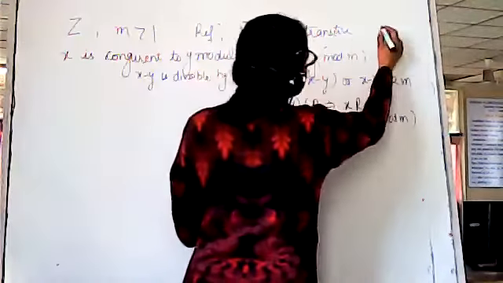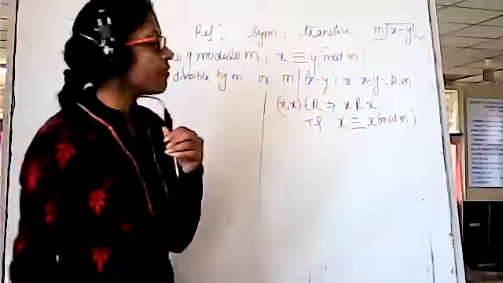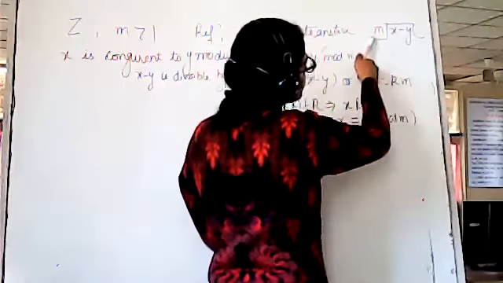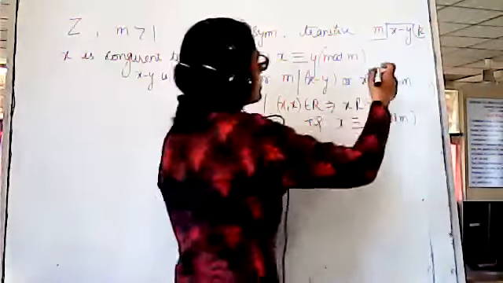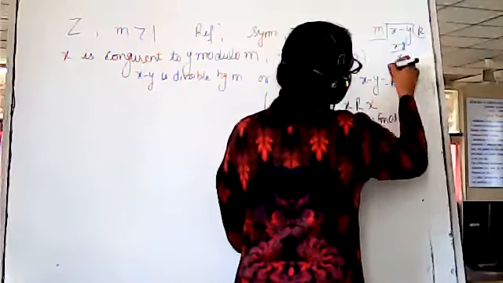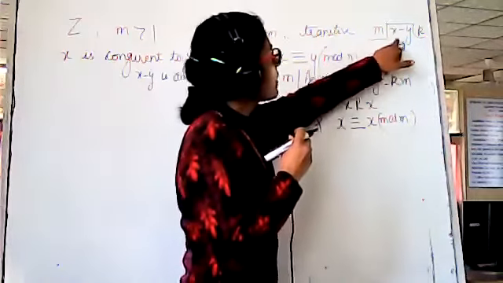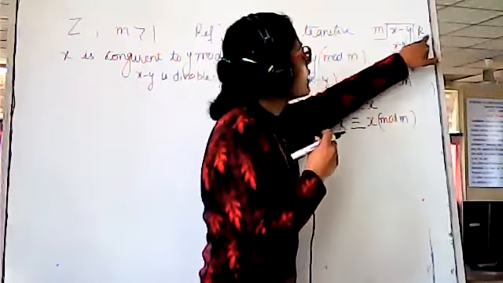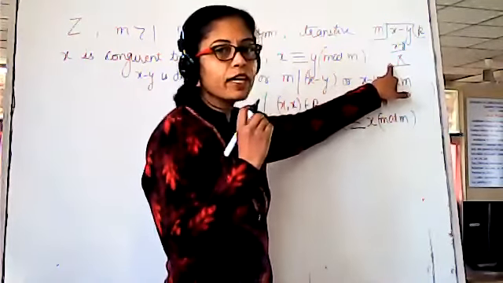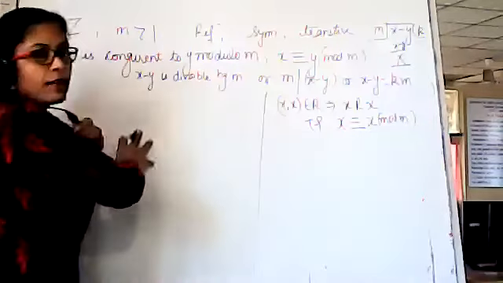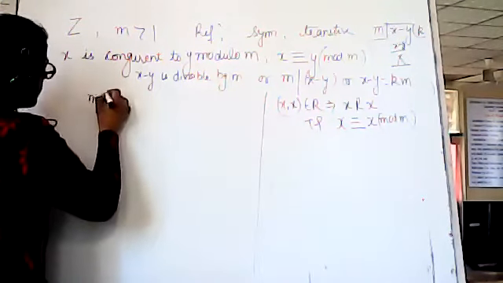To prove it, m divides x minus y means that m divides x minus y. When m divides x minus y, this is called the dividend and this is called the divisor. There will be some quotient, denoted by k, such that we get again x minus y, and the remainder is equal to 0. This means m divides x minus y. So for this x minus y there will be some quotient such that the whole thing becomes divisible and the remainder is 0. Now the same thing we will write here: we can write m divides x minus x,